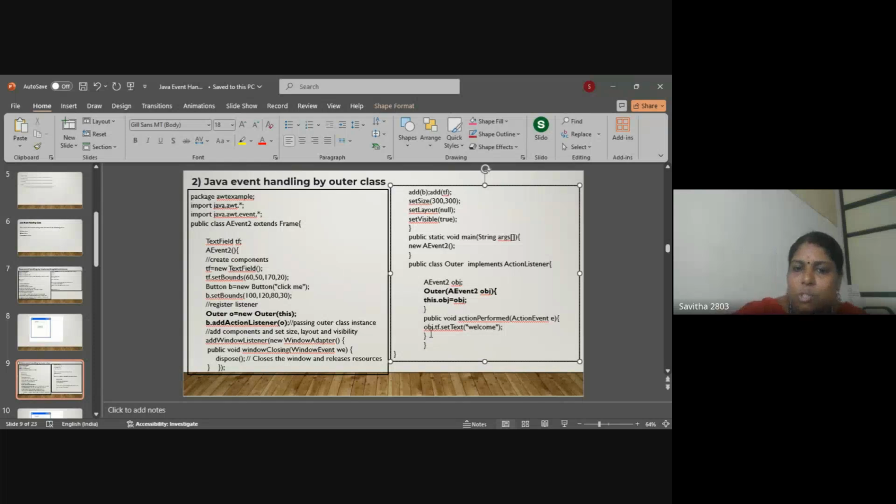By using that object, we created obj.tf.setText("welcome"). Here we can implement the event handling by using the same class, by using this as the argument. That means whatever object we created for our class, by using that object we invoke the addActionListener, or we registered the listener interface. At the time of registration, actionPerformed will automatically be invoked and called,